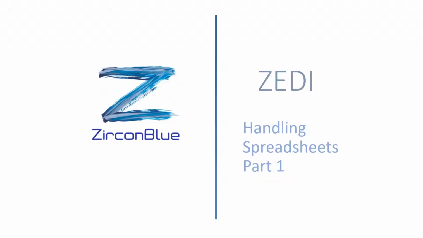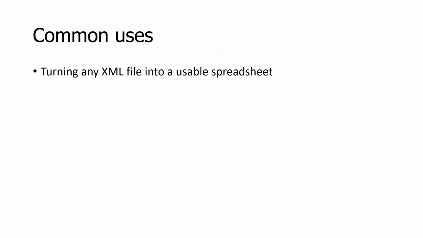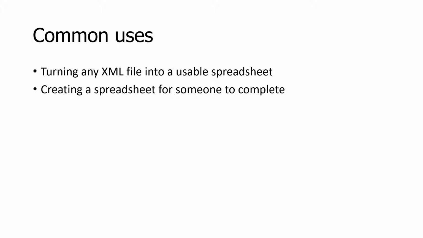Welcome to the first of 3 tutorials that explain how to import and export Excel spreadsheets using ZE. The actions that do this are called Excel import and Excel export. Common uses for them include converting an XML file into Excel format so that its contents can be easily understood by a human, creating a spreadsheet that the trading partner can complete and return to you, and extracting the information